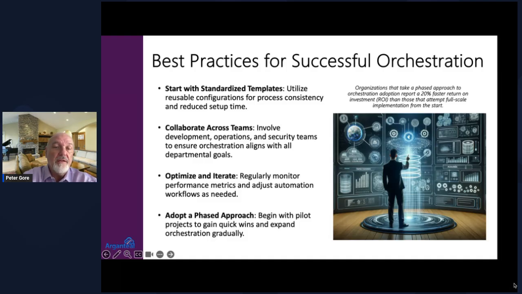And so being able to automate those things standardizes things, and make sure that your CMDBs are up to date with the latest and greatest information. So that if you do have to call into technical support, you have the correct information, you have the correct contract numbers, you have the correct serial numbers, right? And all of this can be achieved as you go through a phased approach. Make sure that everything is working and that everything is being done in the correct fashion. And so you'll actually achieve a much faster return on investment, as it says there, 20% faster by doing a scaled out approach as opposed to a Big Bang Theory. Hopefully that makes sense to you guys.